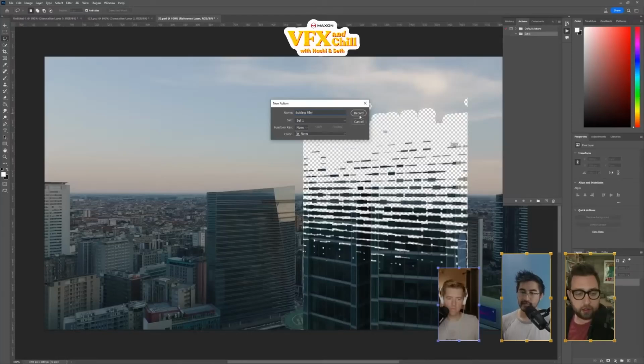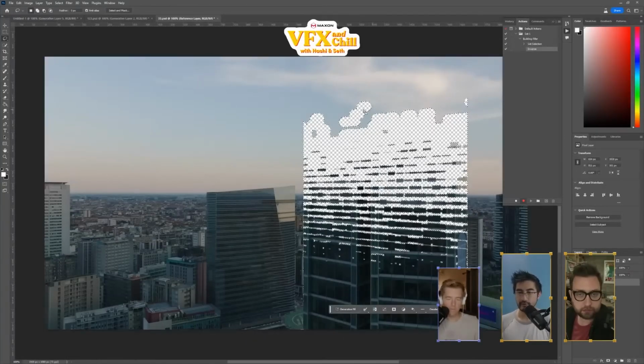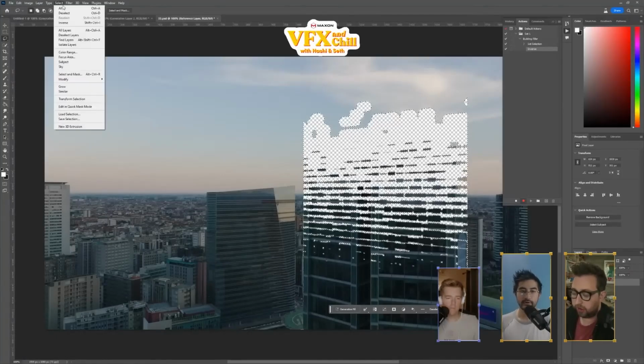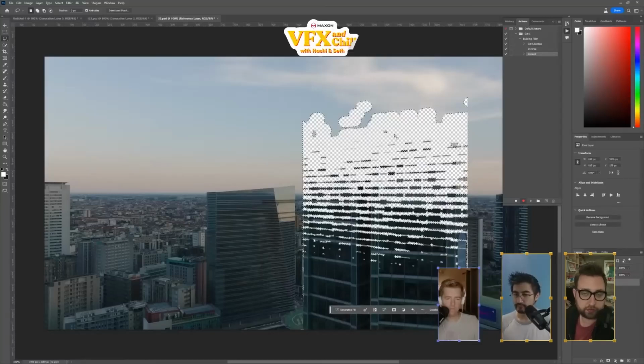filler, and then I'll say record, because I would love to be able to do this over and over again. So I can take this layer and just start doing what I would need to do. So I would select the pixels that are there by right-clicking there and saying select pixels, and then I would invert the selection just like that, and you can see it's recording the steps right here. And then I would select, modify, maybe expand that by like 2 pixels. I don't need much. I just want it to go a little bit outside that little feathering that it did. And now I will say Generative Fill, which will also be recorded with whatever prompt we type in